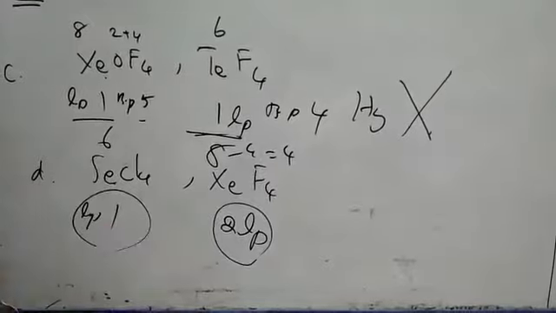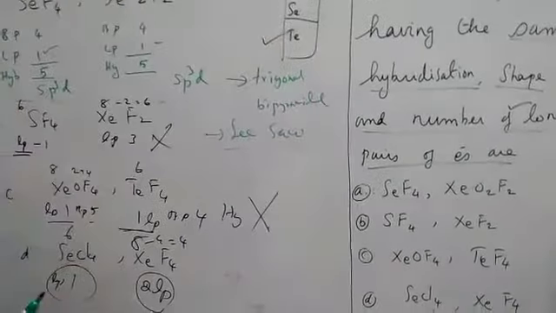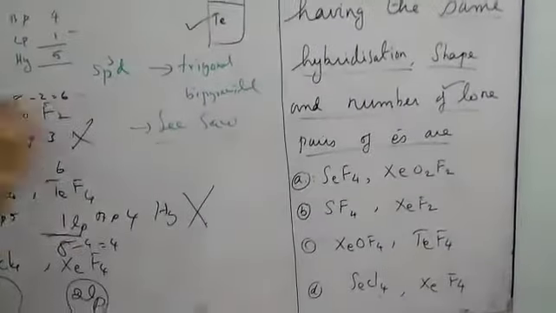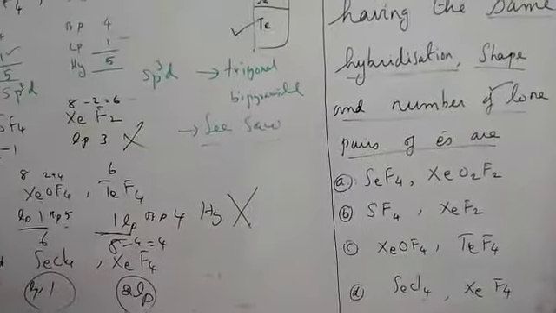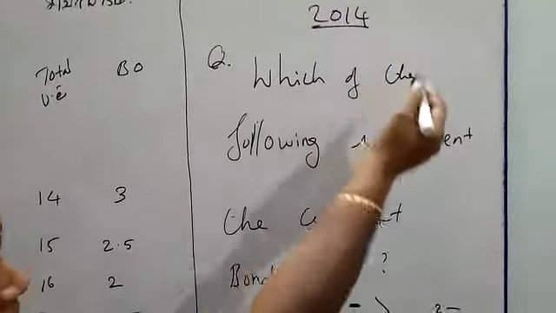So, 2 lone pairs are different. Since you get the correct answer from the first itself, you can double check with the first and proceed with answering in the examination hall. These are the places where you need not waste your time at all. In the next question, 2014, again it is AIIMS only.